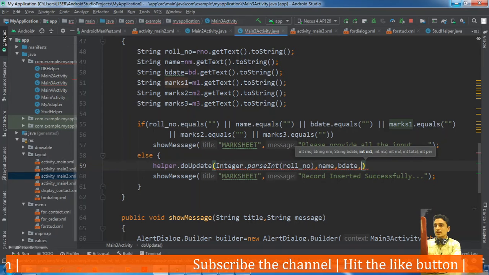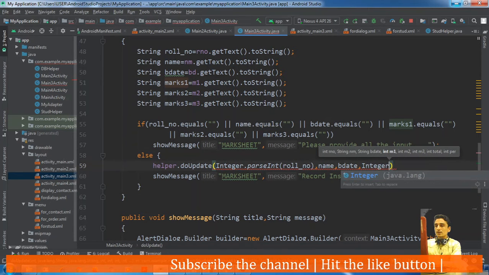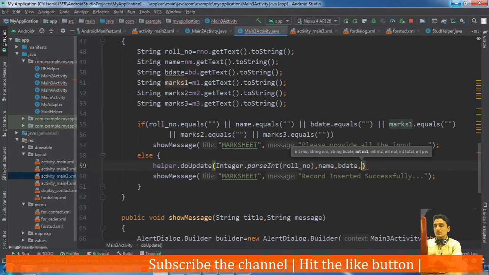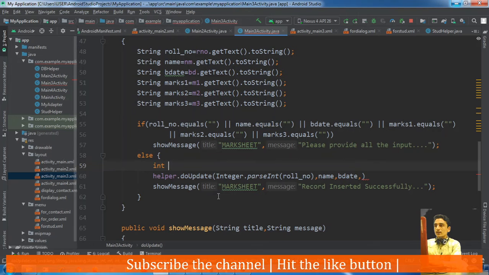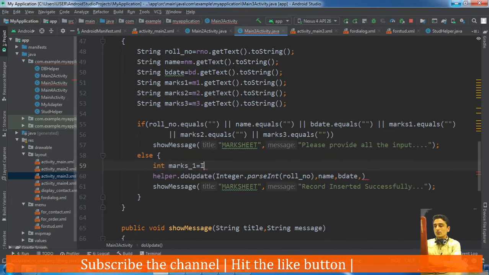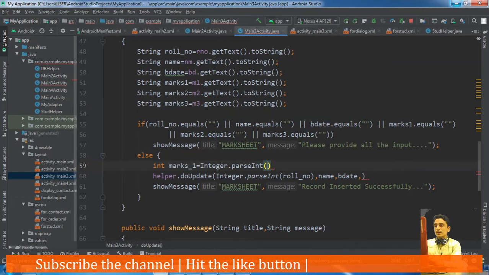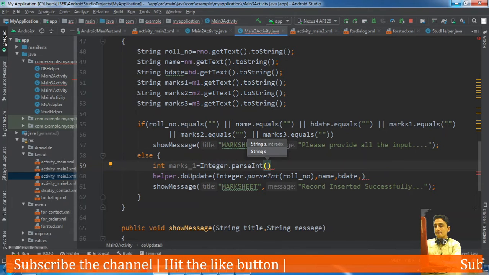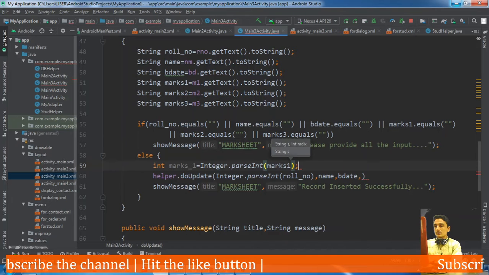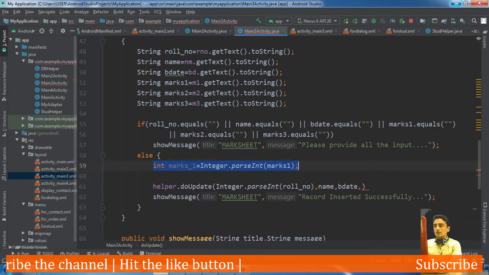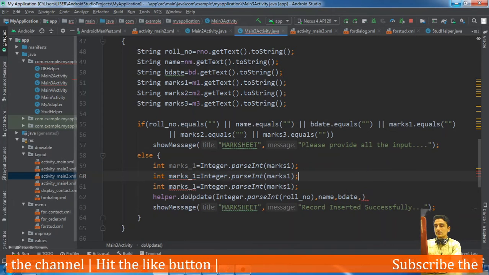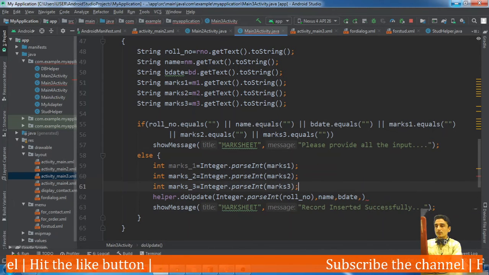Again it is to be converted in integer, so for marks it should be calculated. So okay, marks 1 equal to integer dot parse int marks 1, marks 2 and marks 3, here marks 2 and marks 3.